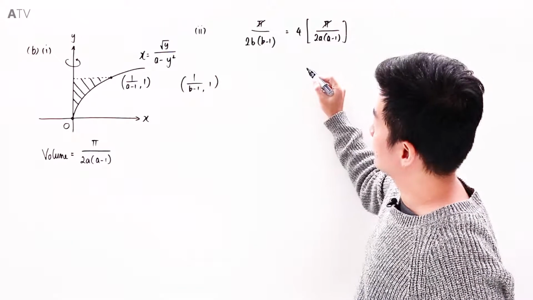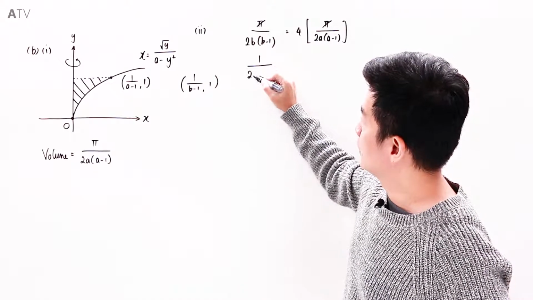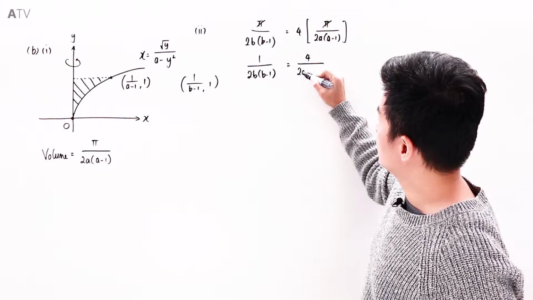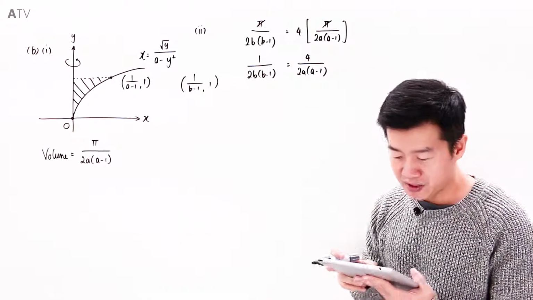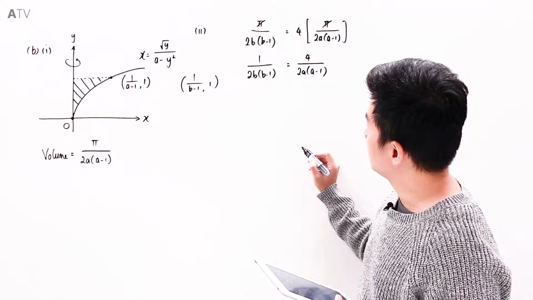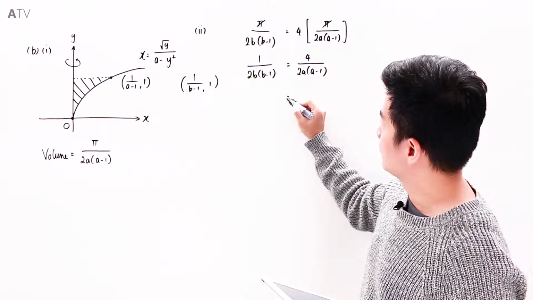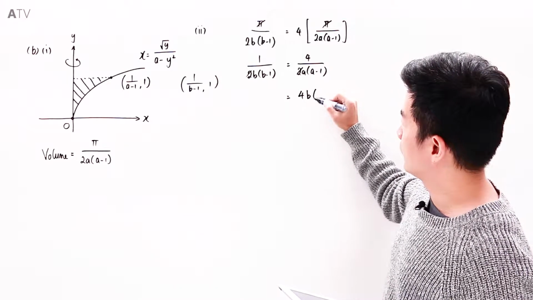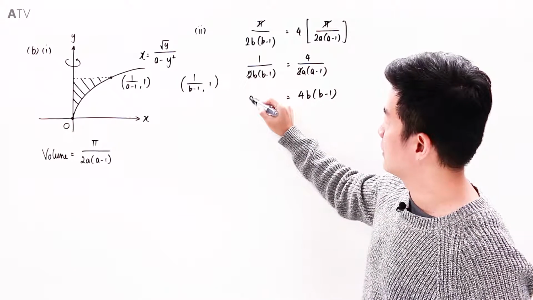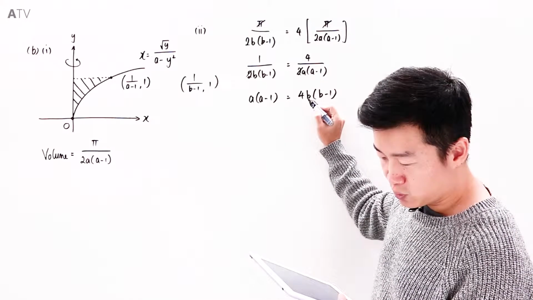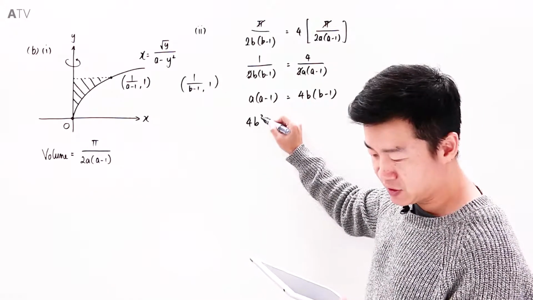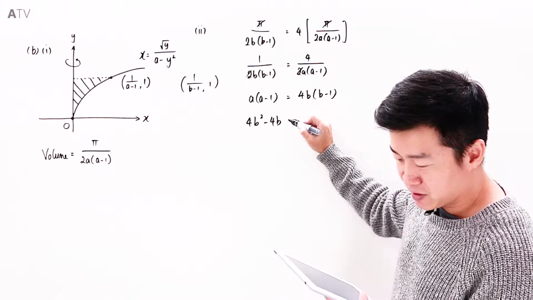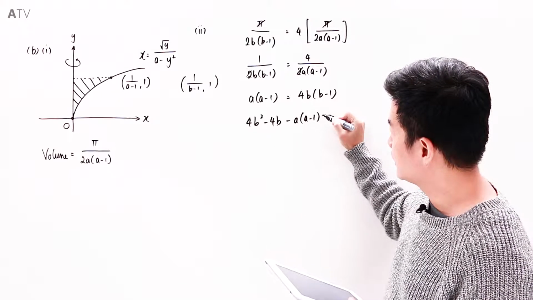Pi and pi can be cancelled, so I will have 1 over 2b of b minus 1 is 4 over 2a of a minus 1. Let's try to cross multiply. The 2 and 2 can also be cancelled. So cross multiplying, we have 4b of b minus 1, and we have a of a minus 1. So what we have now is 4b squared minus 4b, and if I bring this over to the other side, it is going to be minus a of a minus 1